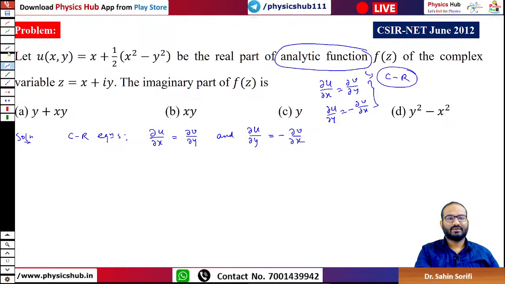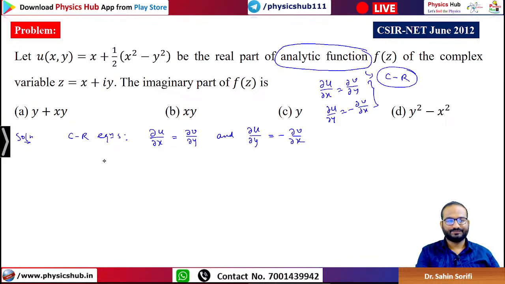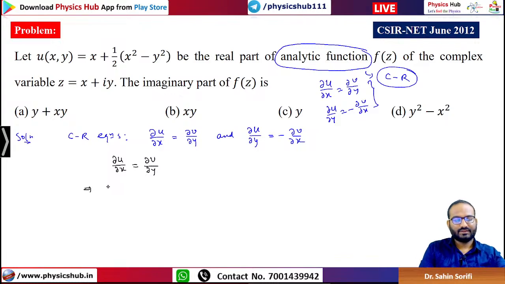Let us use the first equation, del u by del x equals del v by del y. So what is the value of del u by del x? It is 1 plus x, equals del v by del y. So from this you can write v equals the integral of 1 plus x